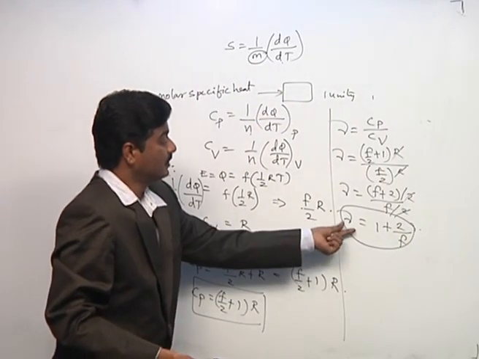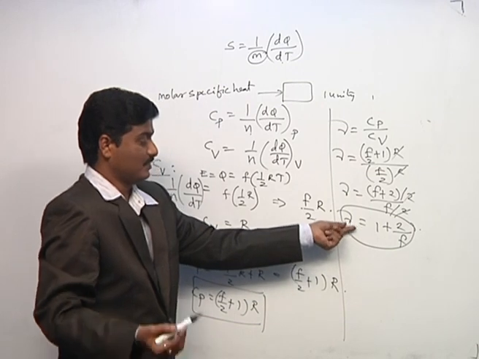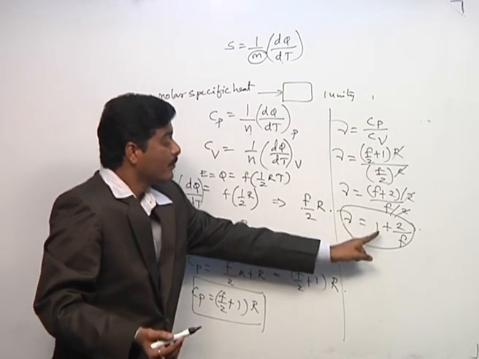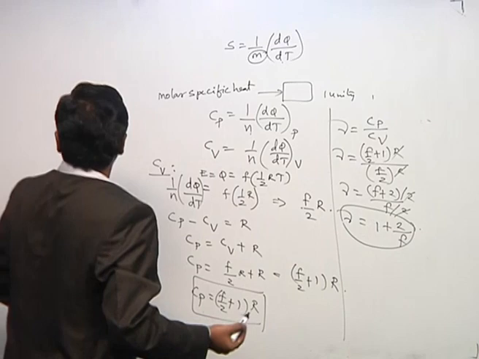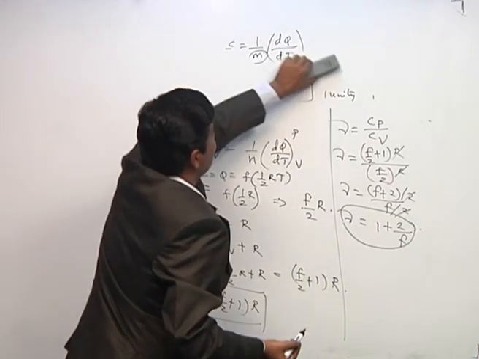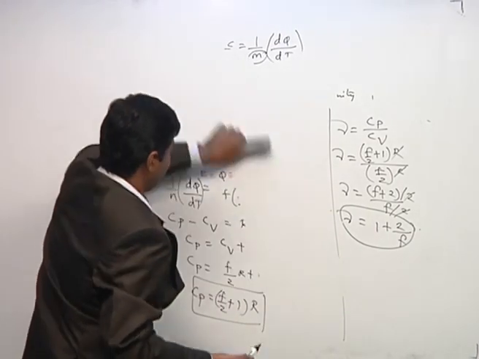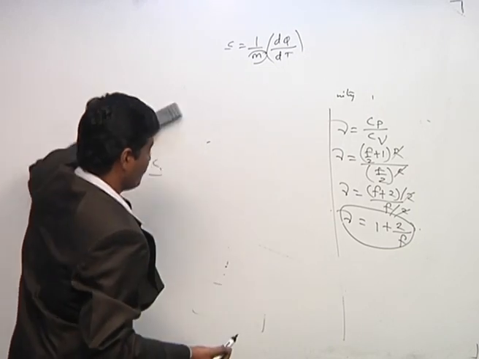So here this one is an adiabatic constant. We are going to discuss that tomorrow, the laws of thermodynamics here. See, 1 plus 2 by F. If we take this F value for different atomic gases, suppose it is a monoatomic gas,